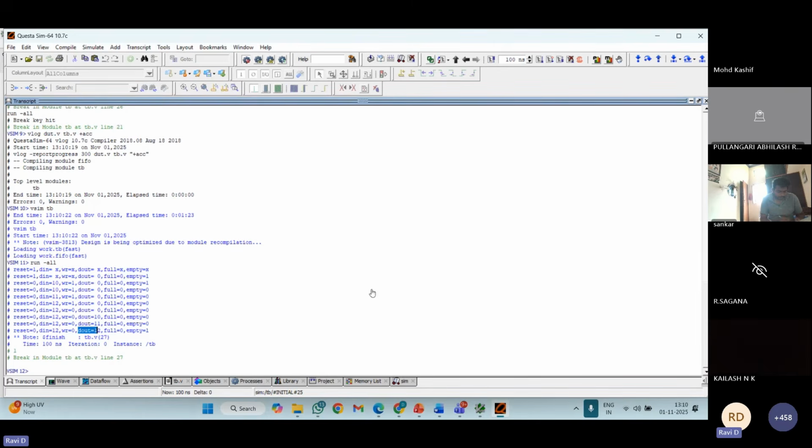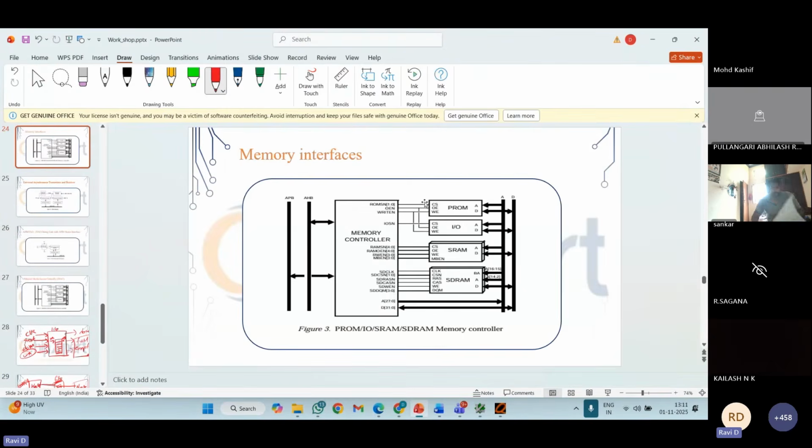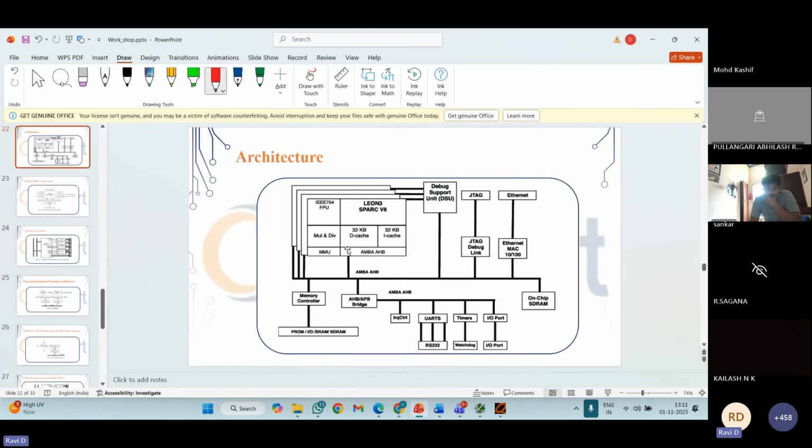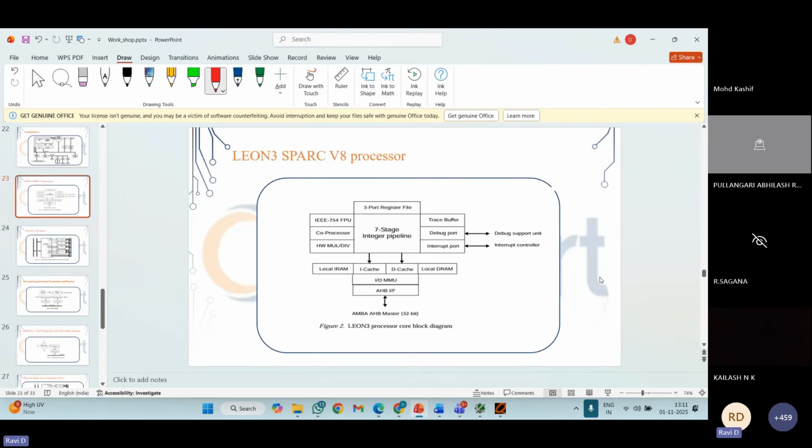So it's the same way. With the same behavior, we are going to define the logic, as we designed for the FIFO. In the same way, each and every block will have its own behavior. So what we did here is, by using the Verilog language and describing the behavior of these blocks, we have designed the code. So this is all about VLSI front end, from specifications till functional verification.